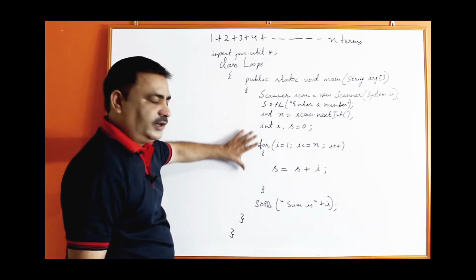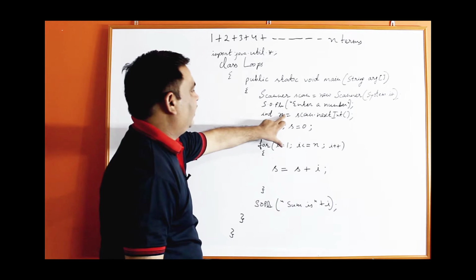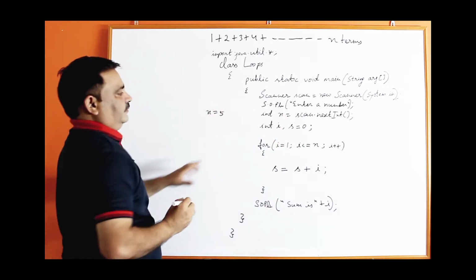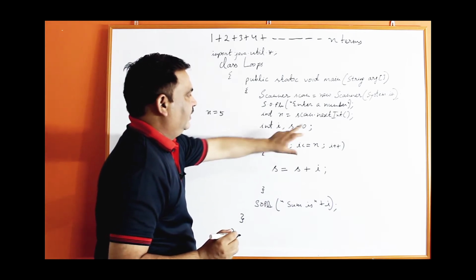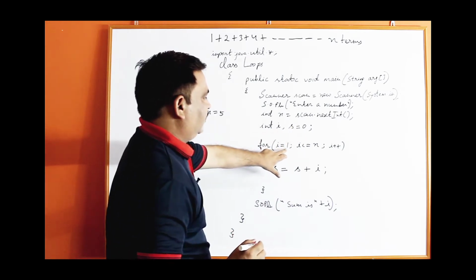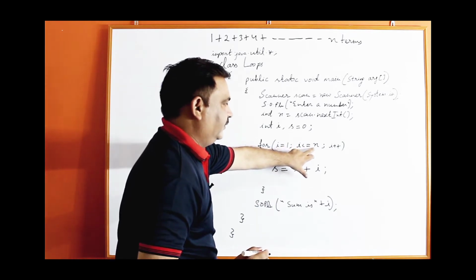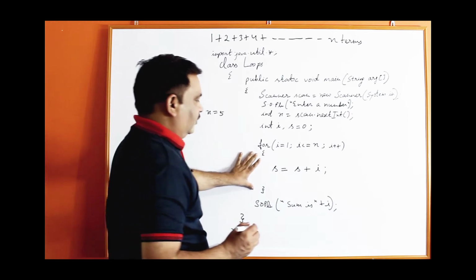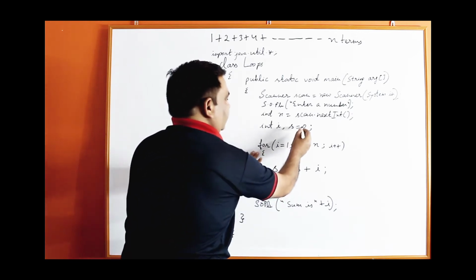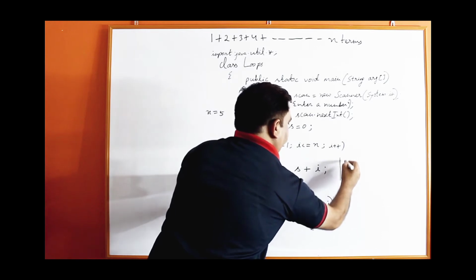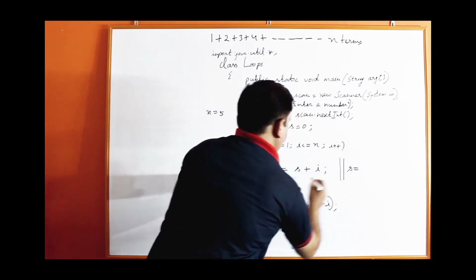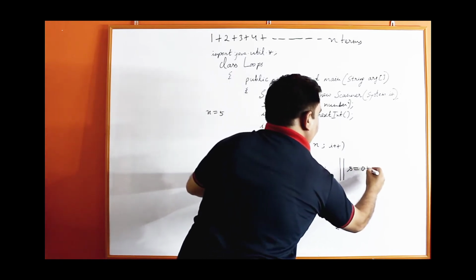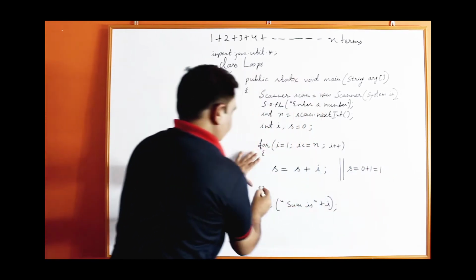Now, try to understand the working of this program. Suppose the value of n which we have inputted is 5. Two variables we have declared: s equal to 0, and i from 1 while i is less than or equal to 5, i plus plus. So, try to understand the working of this statement. S is initially 0, so I am explaining the working here. S equals 0 plus 1, in the beginning it is 1.